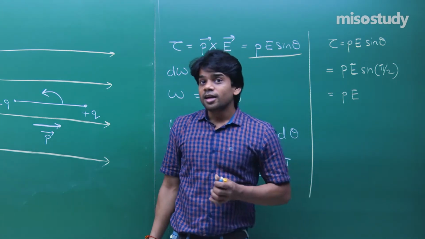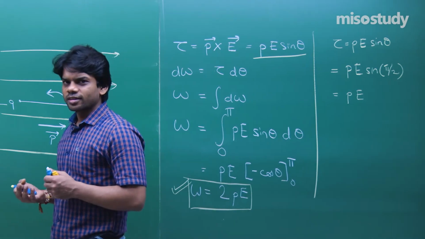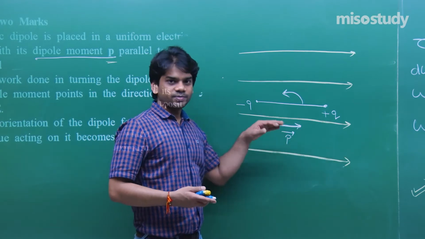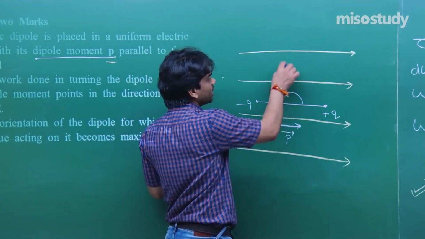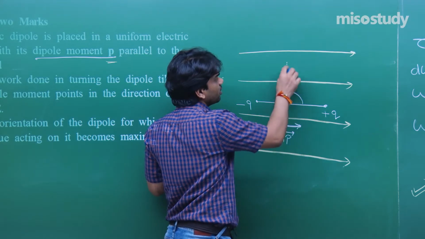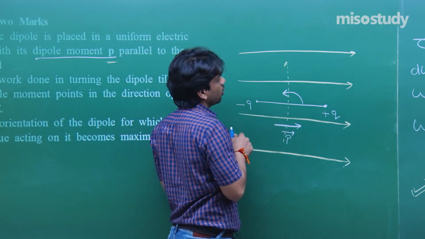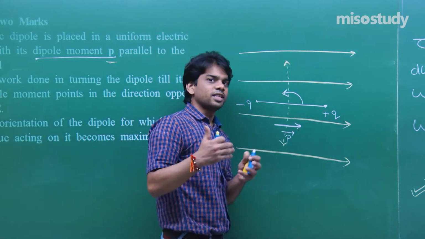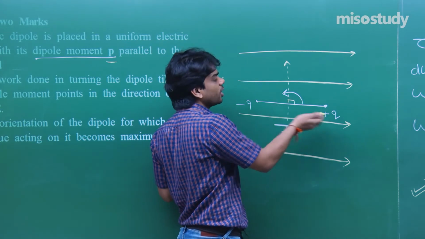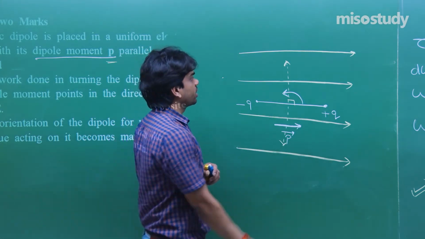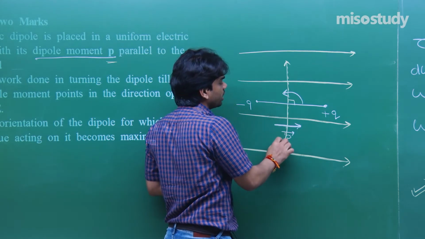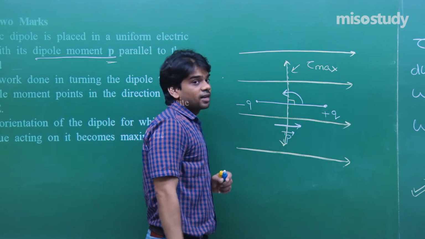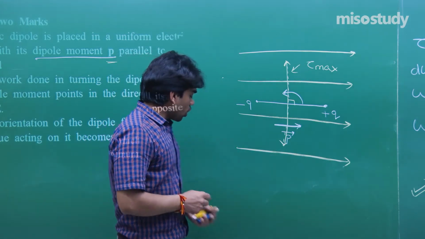So at pi by 2 angle, an angle which we are measuring from the line of electric field, you can easily evaluate that this is the case when the dipole is oriented along this direction, torque will be maximum, and it will try to bring this dipole to the original stable configuration. So this is the orientation of the dipole when the torque acting is maximum, at an angle pi by 2, because we are measuring the angle along the sense of electric field. So this was all about torque.